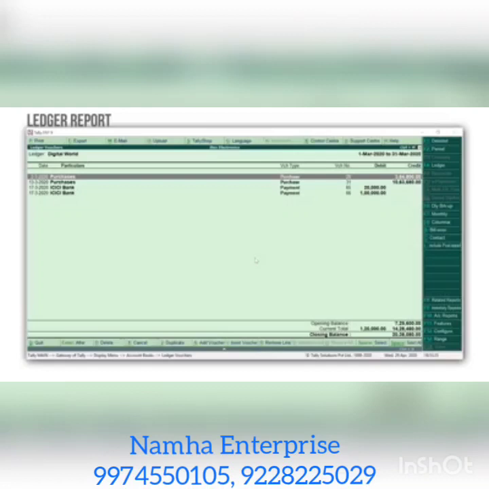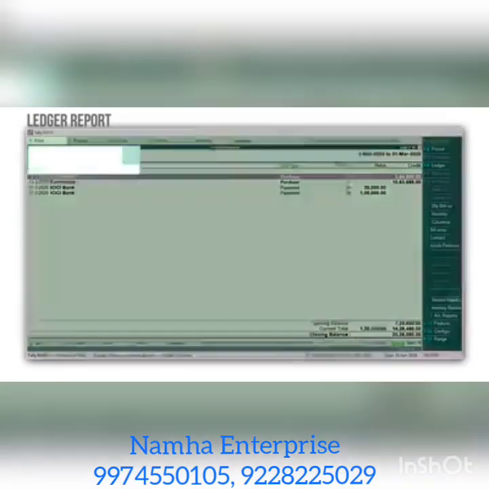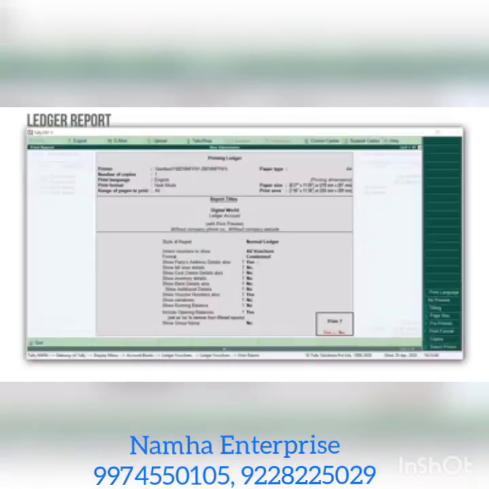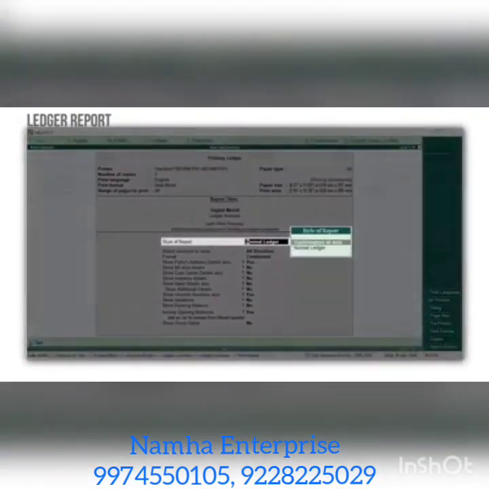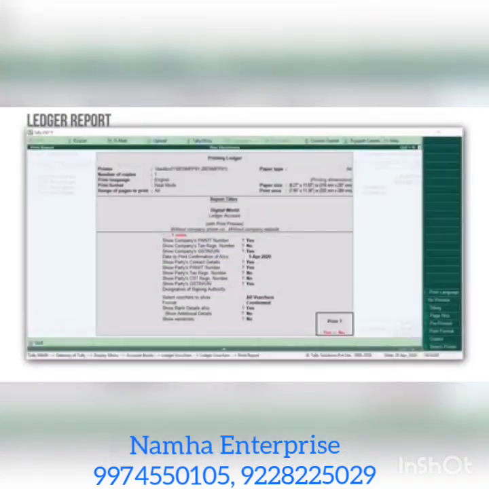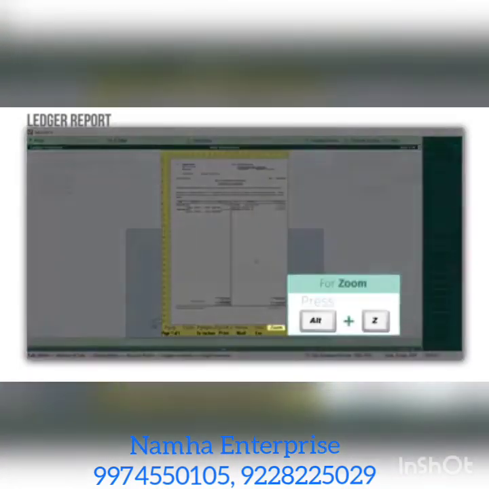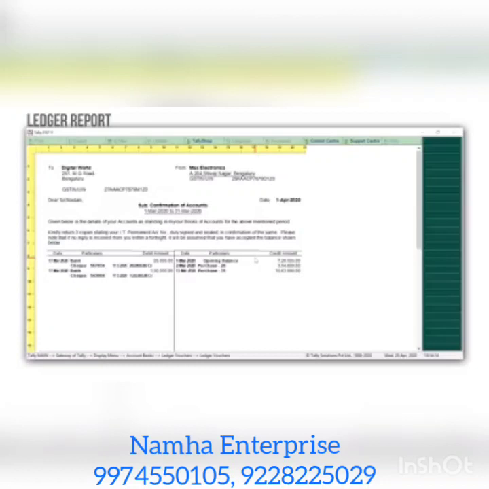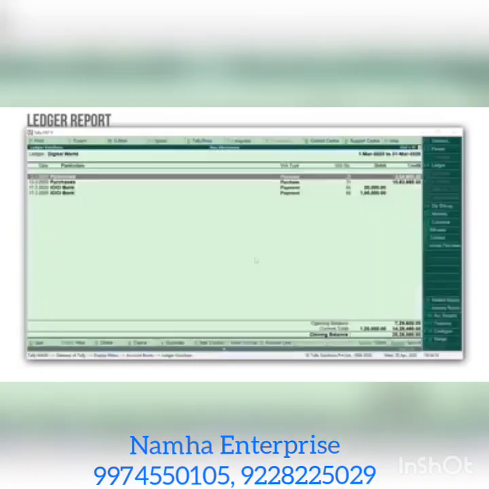As a practice, most businesses send their account statement to match the books with their customers and suppliers. To print the confirmation of accounts, press Alt-P, say no to the print command. In the Style of Report, select Confirmation of Accounts, set the additional information as required, enter and press Y to preview the confirmation of account statement. Press Alt-Z to zoom. Now press Escape and go back to the Account Books.